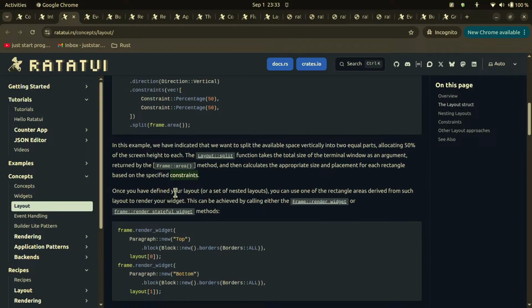Once you have defined your layout or a set of nested layouts, you can use one of the rectangle areas derived from such layout to render your widget. This can be achieved by calling